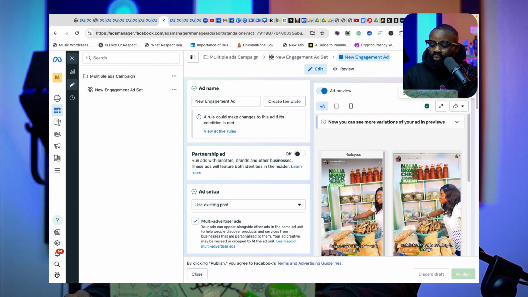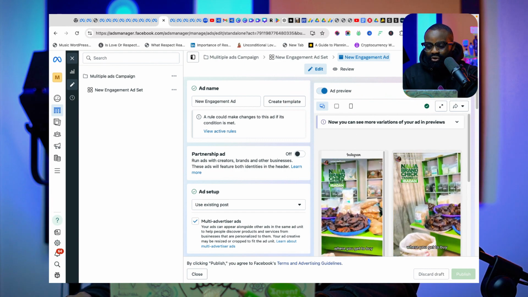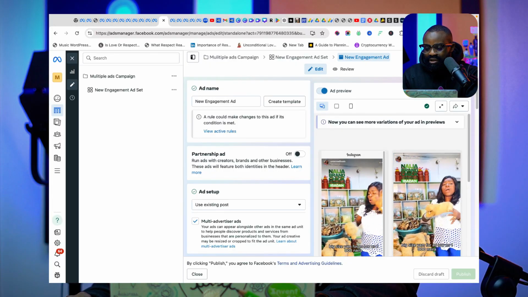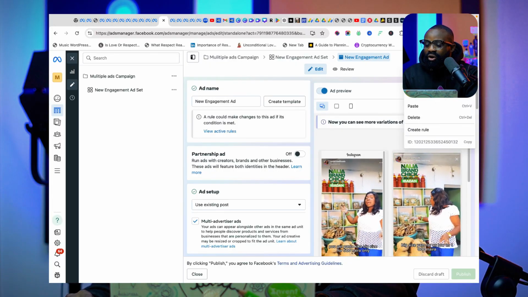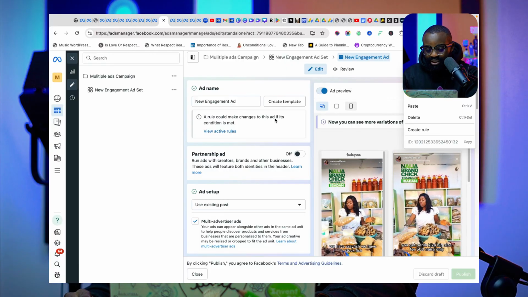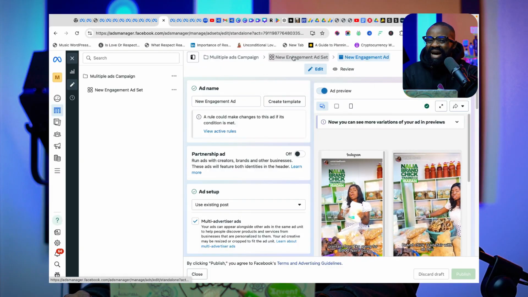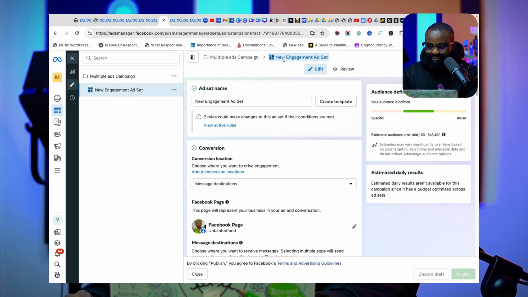This is the video. But what I'm going to do is come here to the top right corner where you see these 3 dots. And I'm going to click on duplicate, not quick duplicate. I'm going to click on duplicate. But before I do that, what am I duplicating? I want to duplicate the ad set. So I'm going back to the ad set. I'm not duplicating the ad. I want to duplicate the ad set because that's what we need.